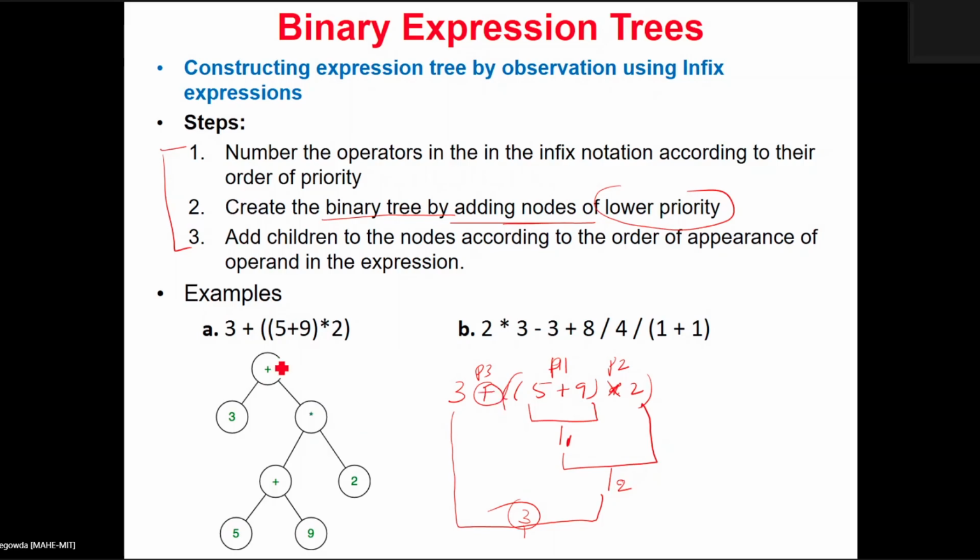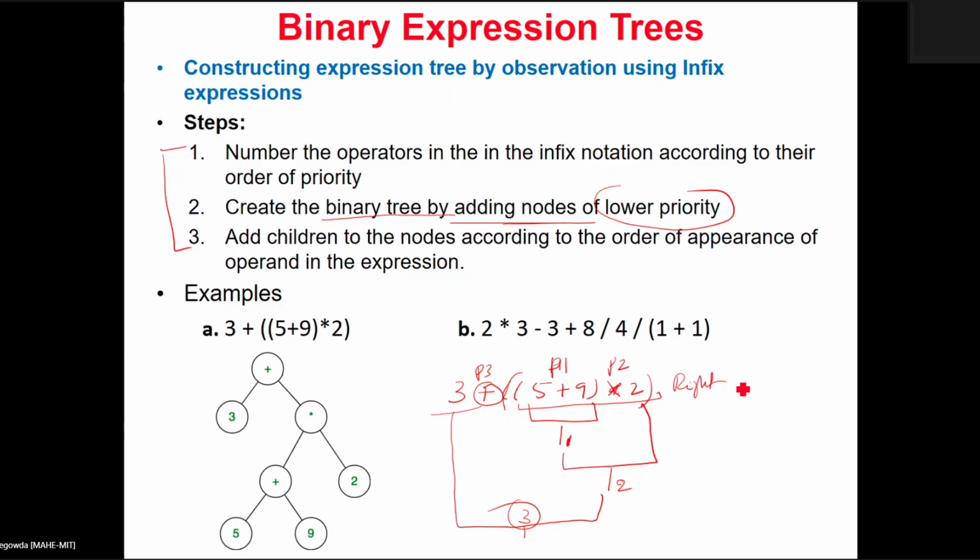Okay, you create the node. I created the node for the operator plus. Now the operands which are to the left of this plus operator belong to the left subtree, and the operators and operands which are to the right of the plus are going to be the right subtree.